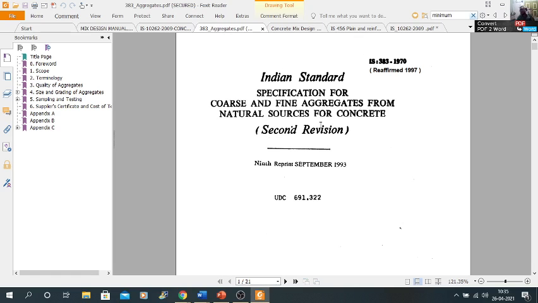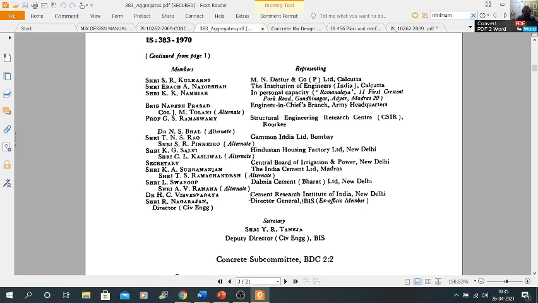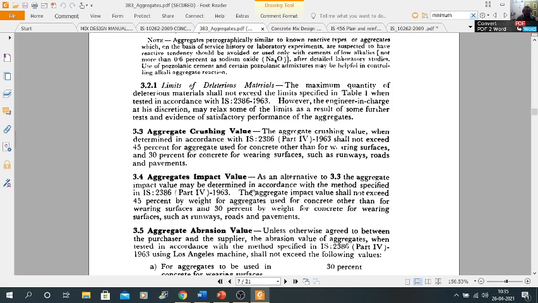So this is also useful for your mix proportion of your concrete. Also IS 383 1970 for the selection of the type of sand and coarse aggregate you are using, their quality, which type of aggregate you are using, their size, all these are given in IS 383 1970.